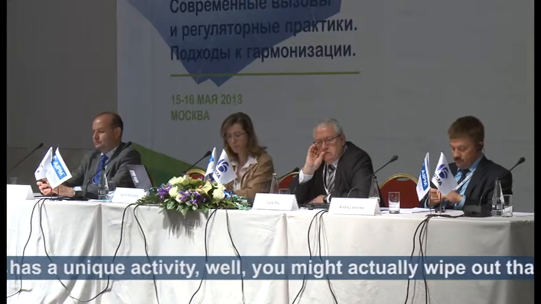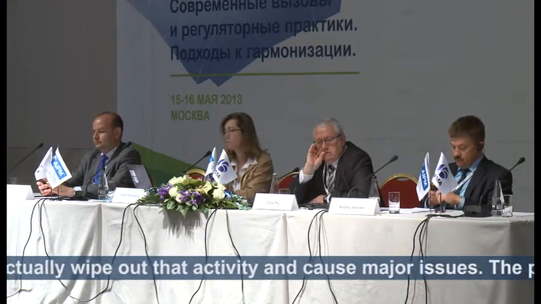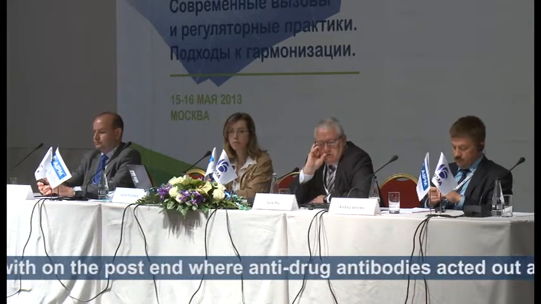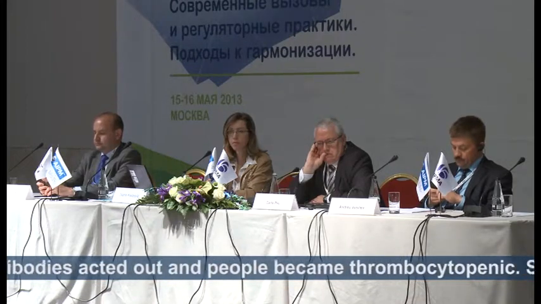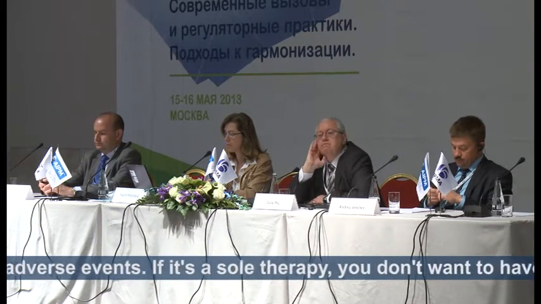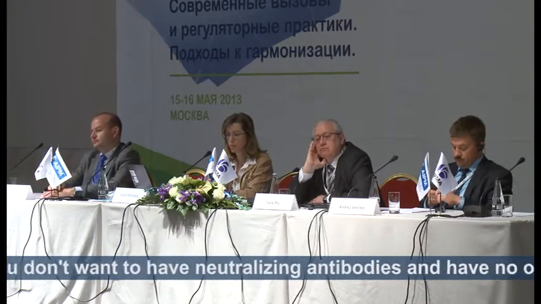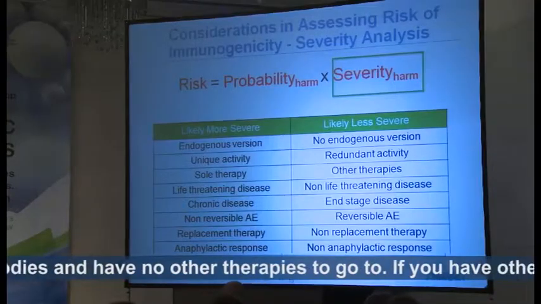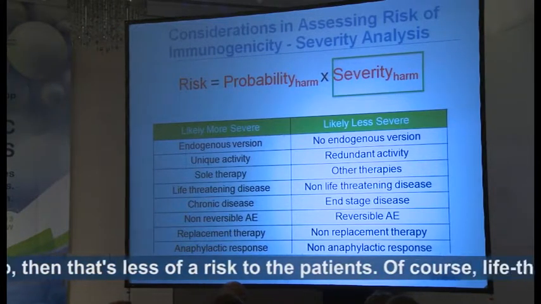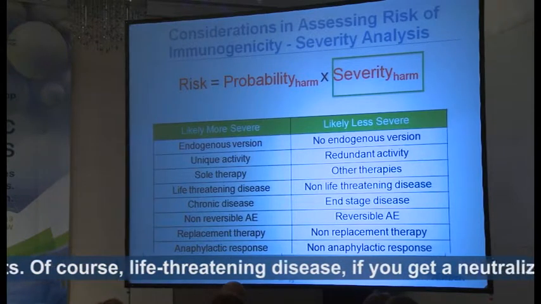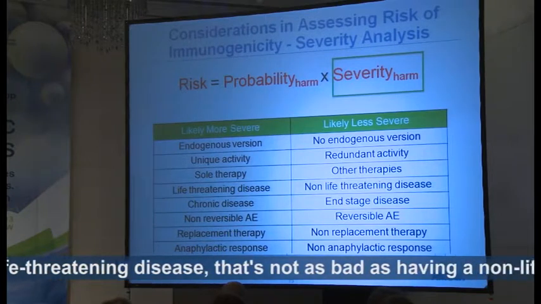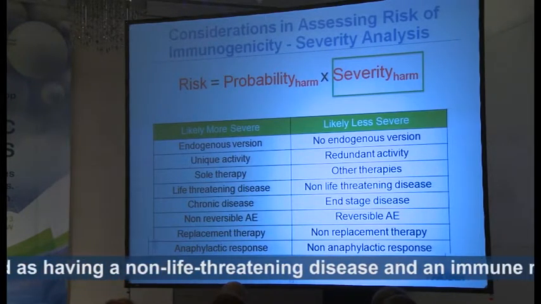If it's a sole therapy, you don't want to have neutralizing antibodies and have no other therapies to go to. If you have other therapies to turn to, that's less of a risk to the patients. Of course, with a life-threatening disease, if you get a neutralizing response, that's not as bad as having a non-life-threatening disease and an immune response and inactivity. And of course, there's other things on this list. I think the one that I like to talk about is anaphylactic responses, of course, for somebody that is a high risk as well. And that you can tell partly by what the innovator product has, but you still have